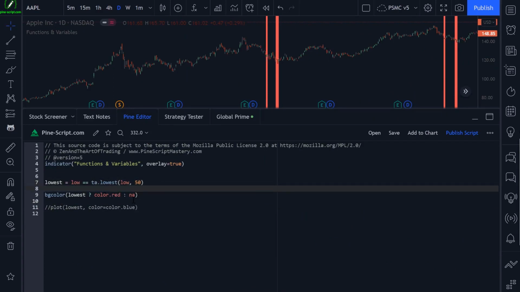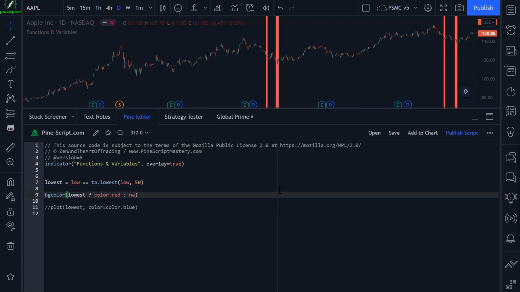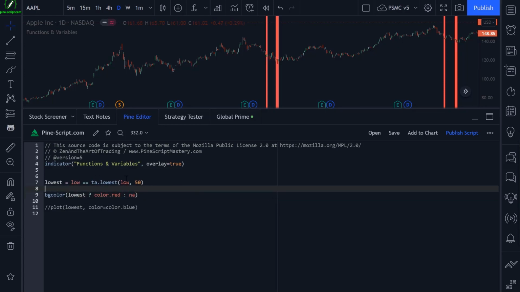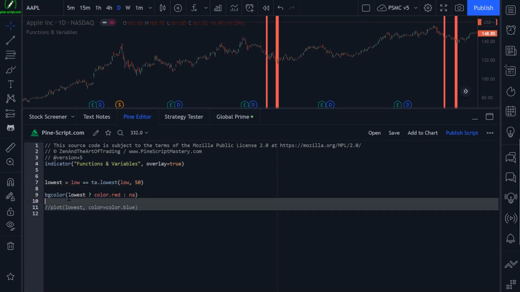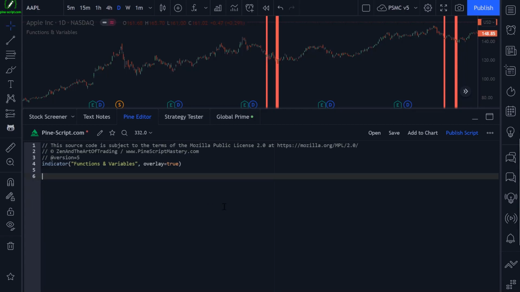Let's look at one other example before we wrap up this lesson. Let's say we want to count the volume of the lowest low bar over the past 50 bars. To do that, we can use the lowest bars function. So if I say lowest low bar count equals